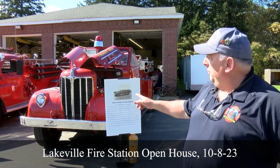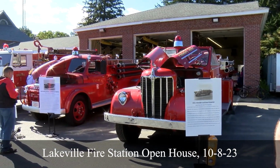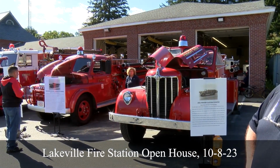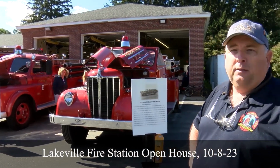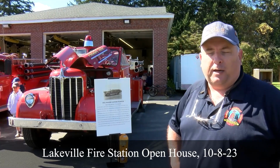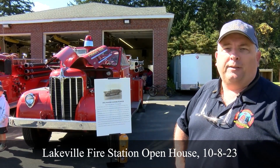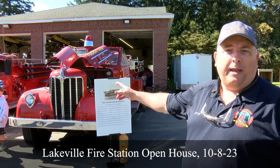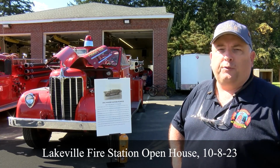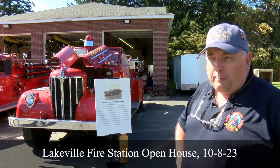If you compare these 2 trucks, you can see the Dodge is a 1950 and this Maxim is a 1951. So they're only a year apart, but it's the difference between what they call a custom chassis truck and a commercial chassis truck, which the Dodge is. For a rural town at the time, the Dodge was probably half the cost of the custom truck. And if you think about what Lakeville was like in 1950, probably Bedford Street was the